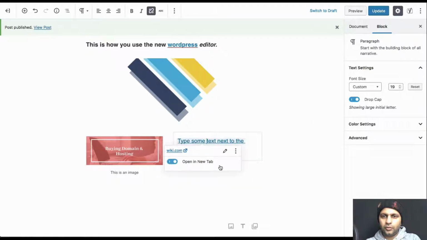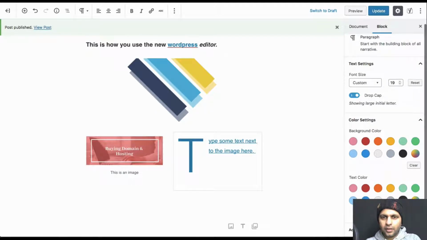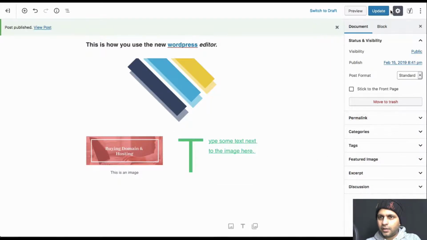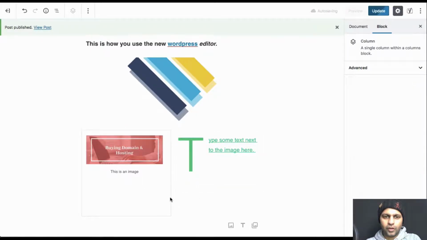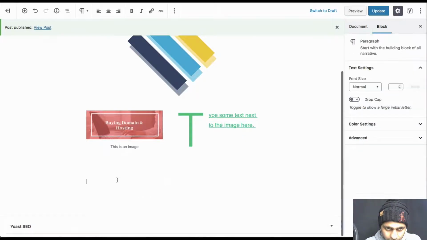Let's open this link in new tab. Color settings. I can change the text color. Even though it's a link, I can override that if I wanted to. And then let's go back to the block. Oh, we don't have any blocks selected. So I have this column here. Now let's say I want to add something else. I just go down here,